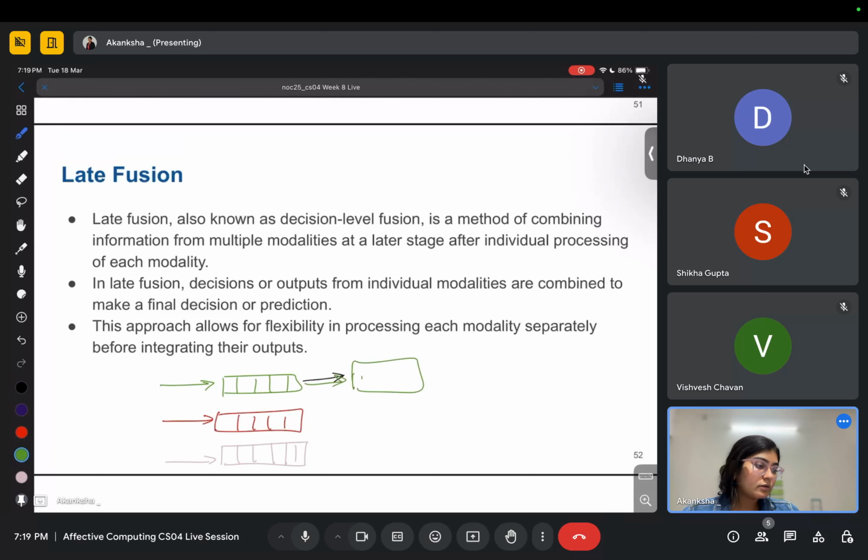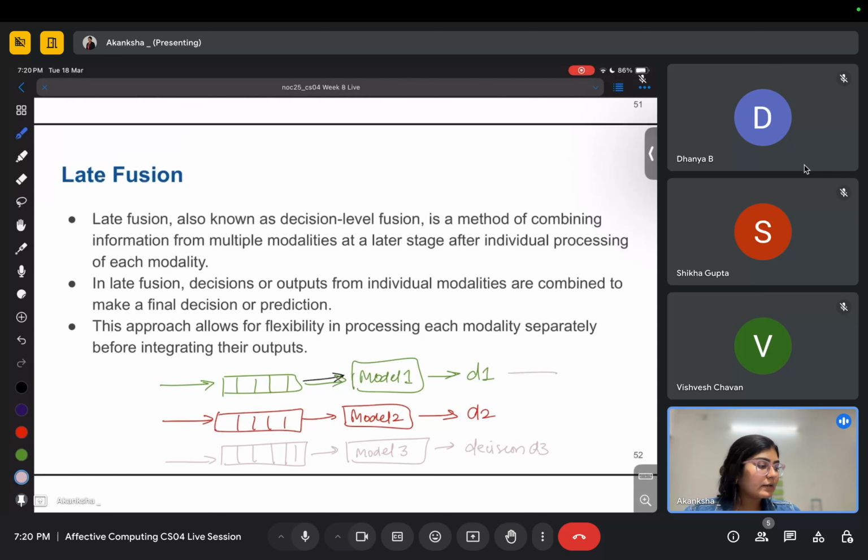I will train a model 1 for this modality, then a separate model for this modality, and a third model for this modality. Somehow it will give me some decision,